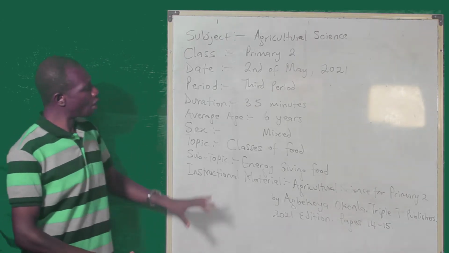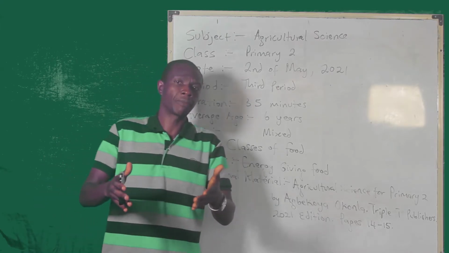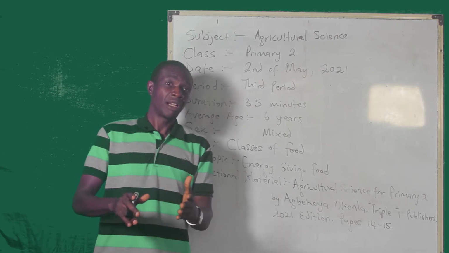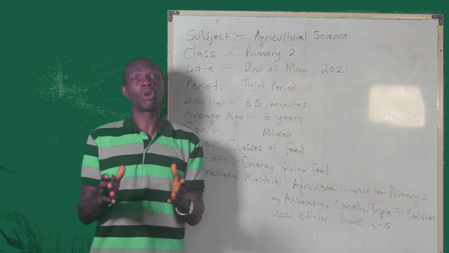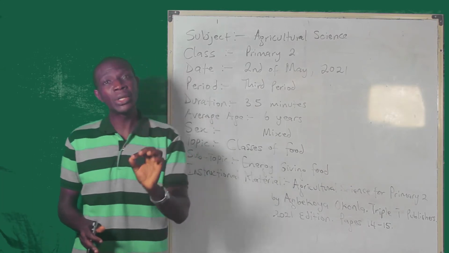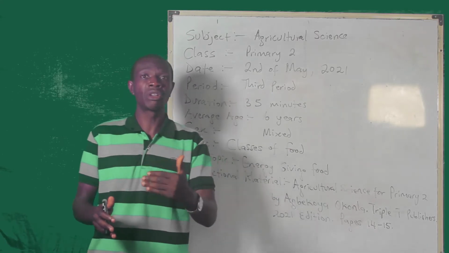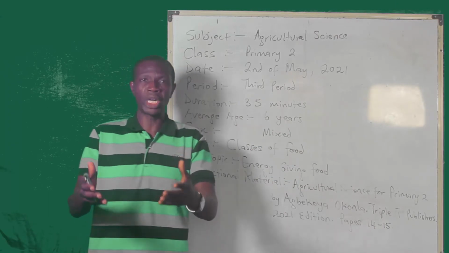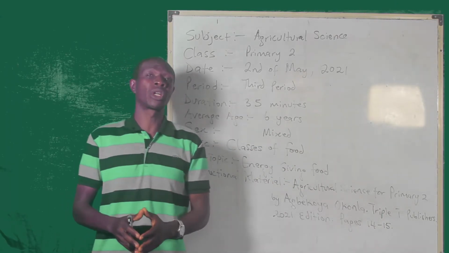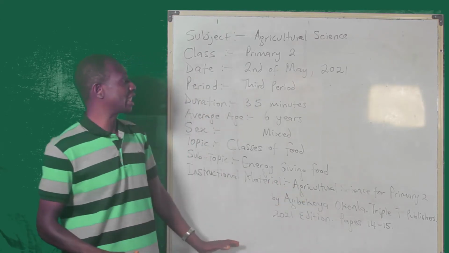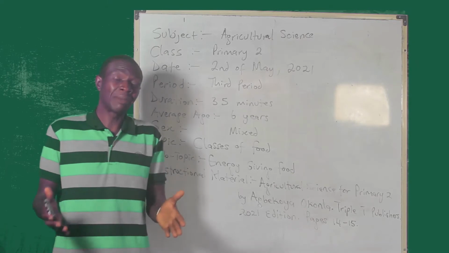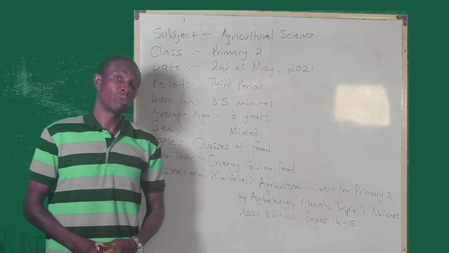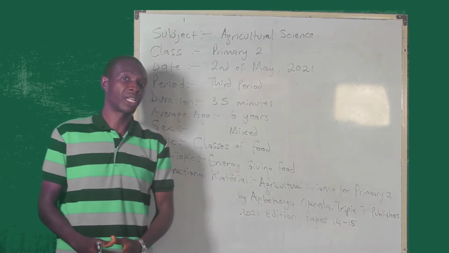It is very important. Now, at this point in time, let me differentiate between lesson notes, lesson plan, and note of the lesson. Many a times, these three are very confusing to teachers. Lesson notes are the explanation or the details of the topic given to the children to read. That is what we call a lesson note. And of course, by now you should see that it is different from a lesson plan. Lesson plan is simply a detailed plan on how you are going to deliver your lesson in the classroom.